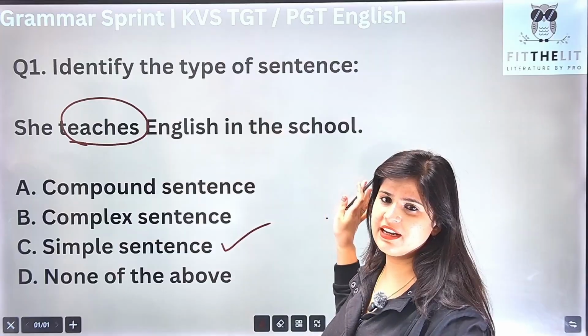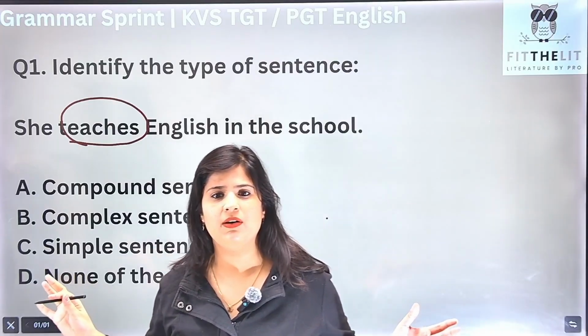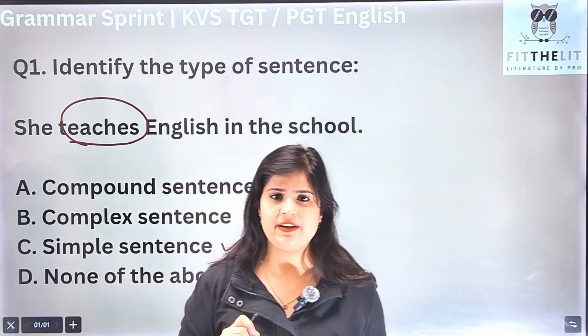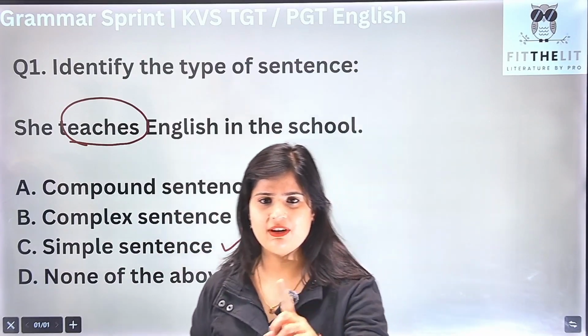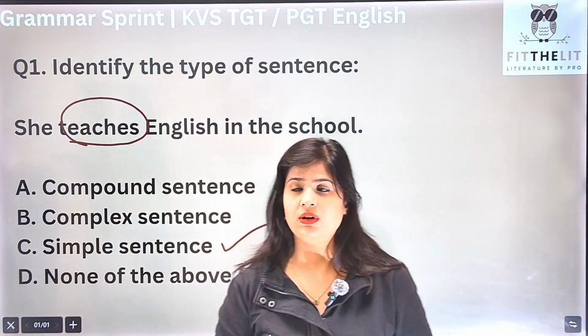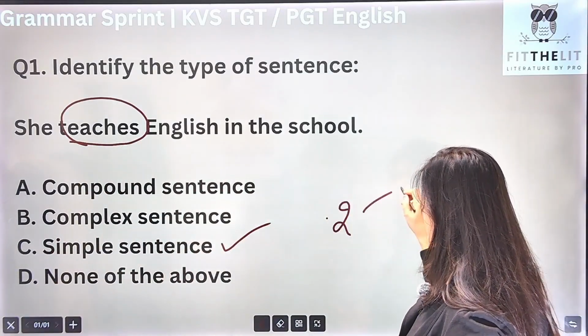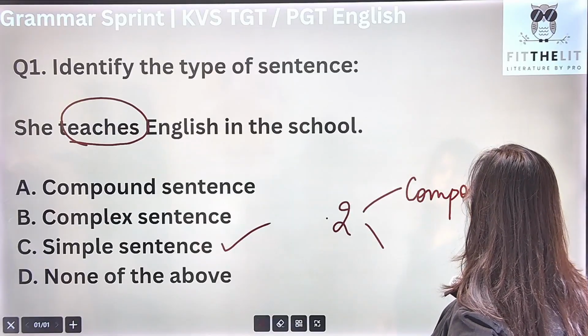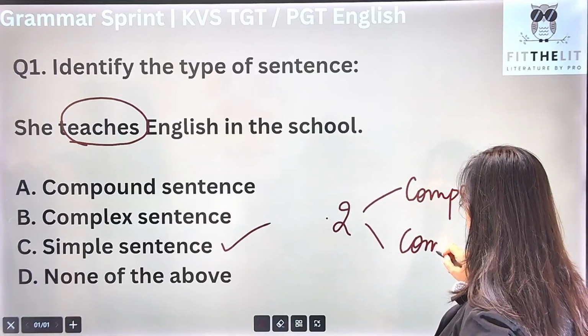आपको बाकी कुछ देखना ही नहीं है. चाहे sentence जितना भी लंबा हो, we need to only look at the number of verbs, finite verbs. If it has got one finite verb, तो क्या है वो? Simple sentence. But what if it has two? तो two में हमें देखना पड़ेगा कि whether it is going to be a compound sentence or it is going to be a complex sentence,